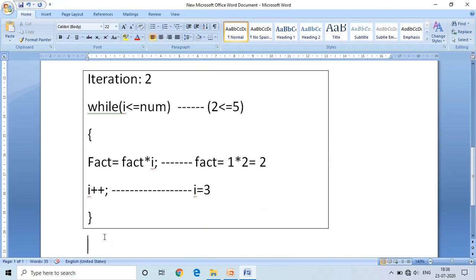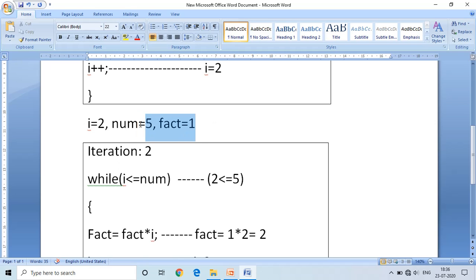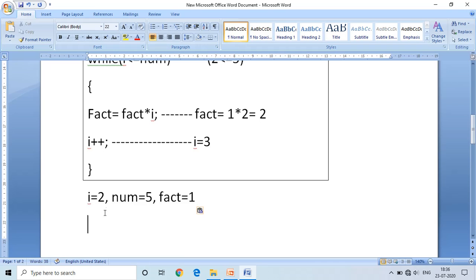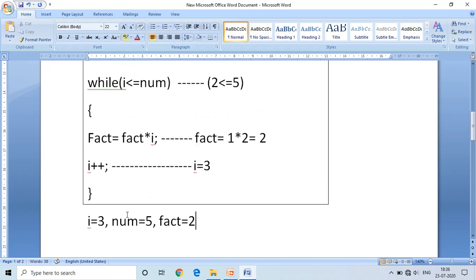After executing this second iteration, I value becomes 3, num value is 5, factorial is equal to 2. After executing the second iteration, the variable values are like this: I equal to 3, num 5, fact is equal to 2. After executing these instructions, at the end of the while loop, the control again transfers to the while loop.